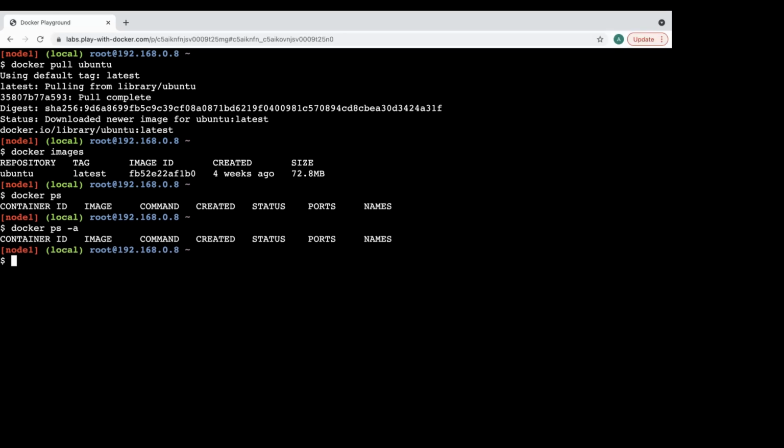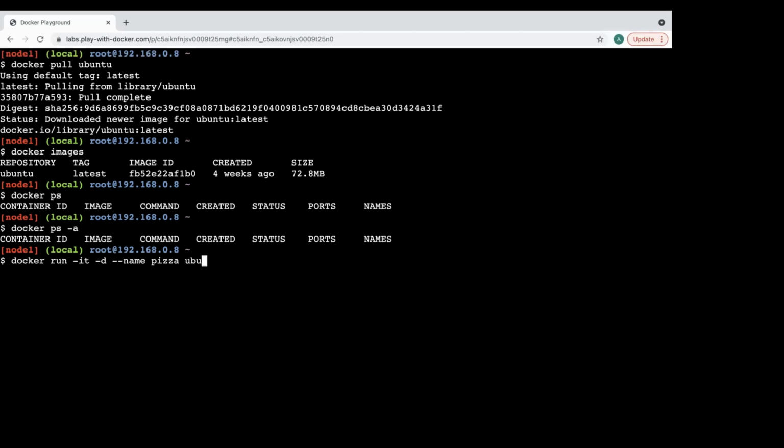Now, we can create multiple containers from the same image. Let's today create three containers from the same image. So just write docker run -it -d. -d will create the container in the background. Then --name, make it pizza, then ubuntu.